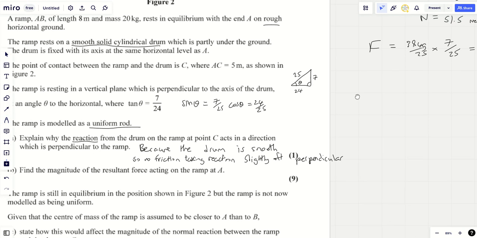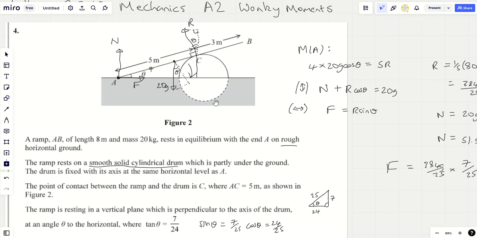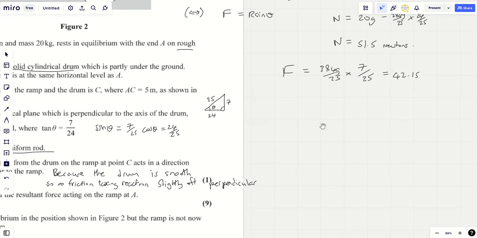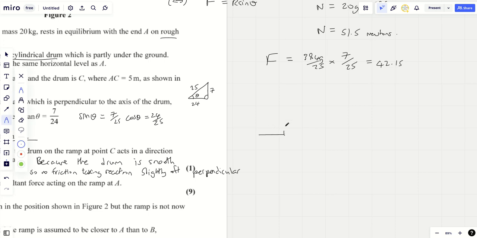Hence, find the magnitude of the resultant force. Well, like I say, the magnitude of the resultant force is basically Pythagoras' theorem on that, and that's because the resultant force is a result of N and F. If you like, F going a bit to the right and N going a bit up. We need to find the magnitude of those combined forces, the result of those forces, and that means we just need Pythagoras. So magnitude equals 42.15 squared plus 51.5 squared, all square rooted, and that comes to,